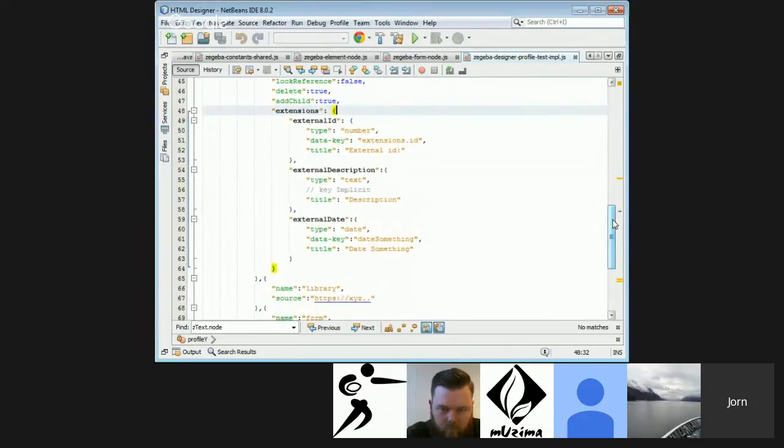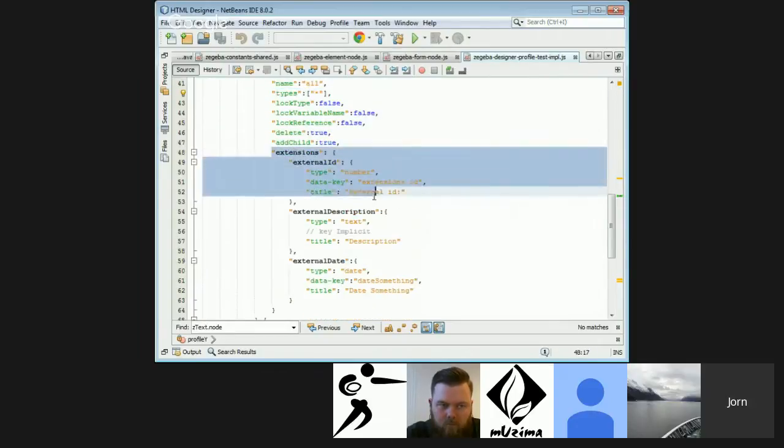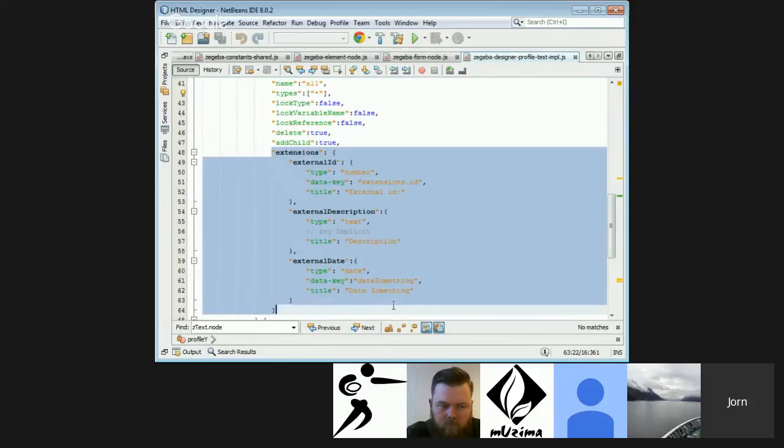What I've thought of so far is that for all elements in the form, you can have an extension, and we can define possible extensions at every level of the form and make them different for different types of elements. So you can see here, this profile is for everything, for all type elements. And here you can see that there is an extensions part